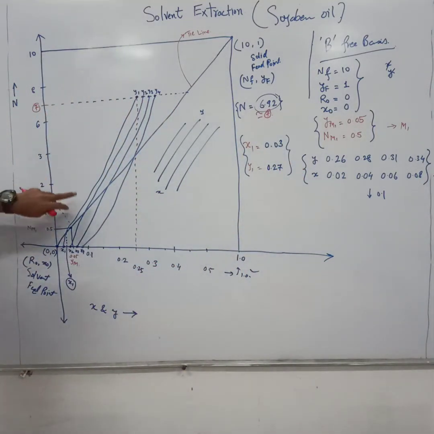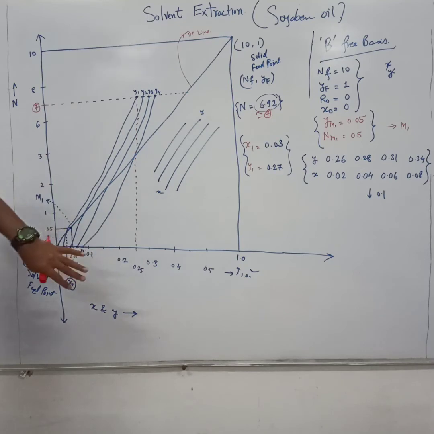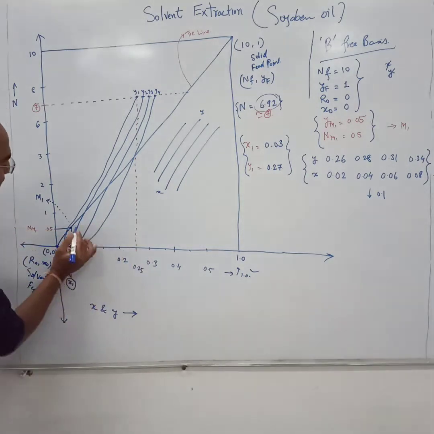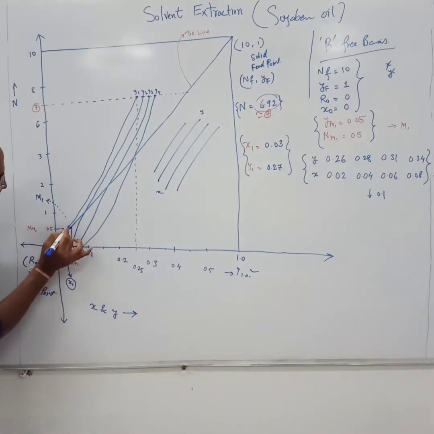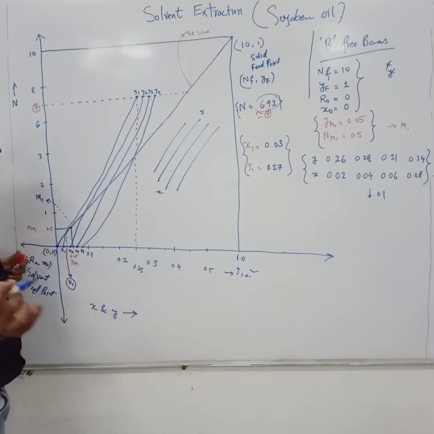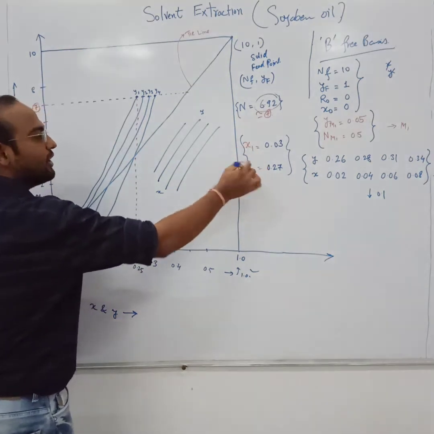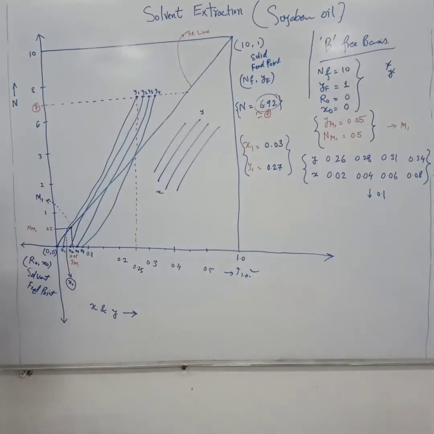There are strong chances that your second axis may be closer to your M1 point, because it's difficult to draw and represent all the things on the board. So from this graphical representation my first axis is closer to point M1, that's why I consider it. But there are strong chances that you get your second axis closer to point M1. So consider your second axis to calculate the values of x1 and y1.